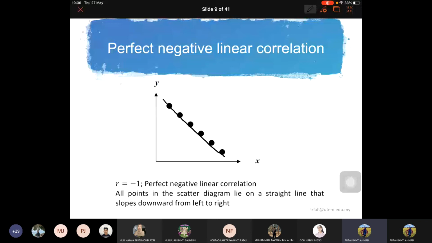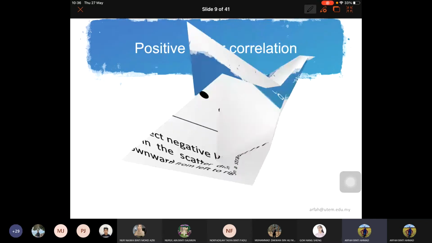Later we will see, for example, how to make the scatter diagram, and also the relationship displayed by the scatter diagram. Is it perfect negative or perfect positive? Okay, so the next one we have is